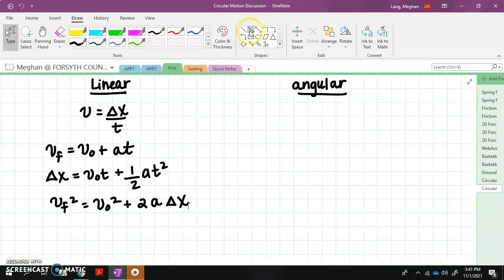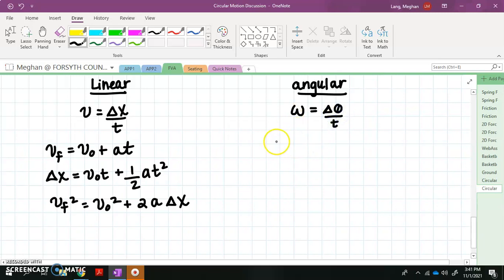All right, so picking back up where we left off, we were looking at our linear kinematic equations, and we were just going to update all of our linear values with our new angular values in terms of radians. And again, everything works the exact same way. So for this first one, when we have no acceleration, our omega would be equal to our delta theta over